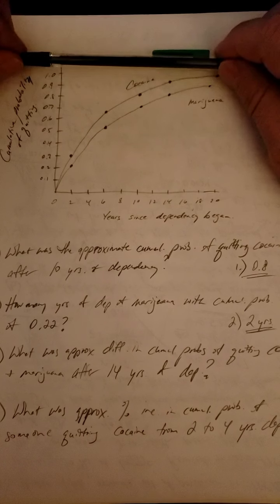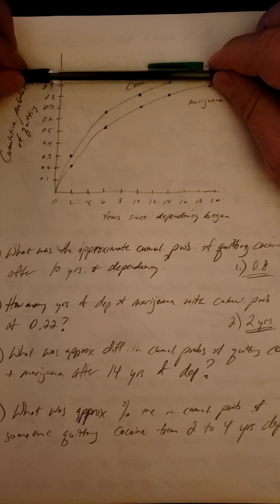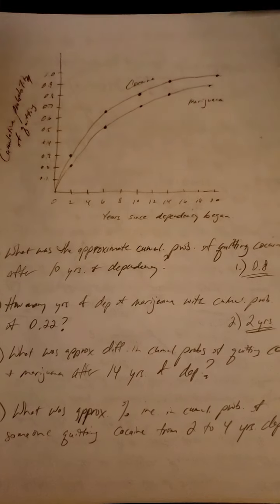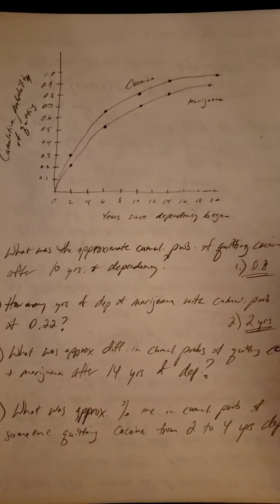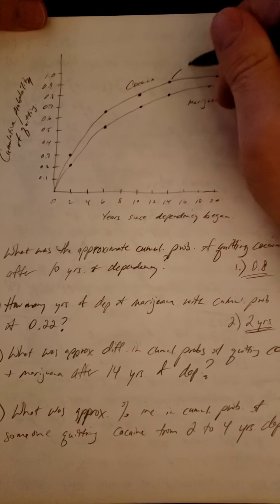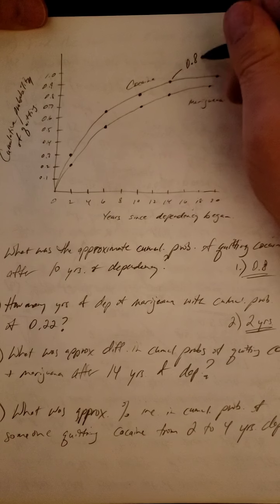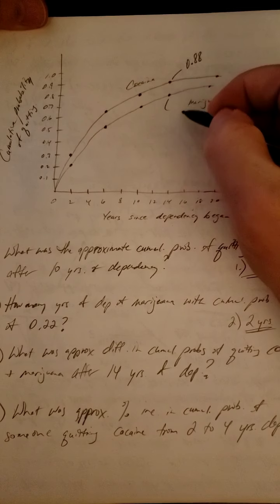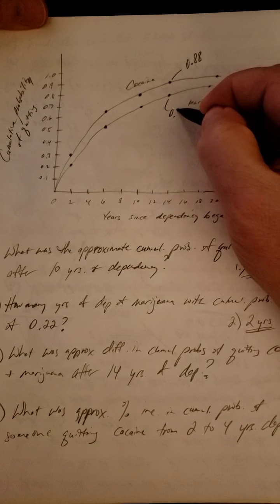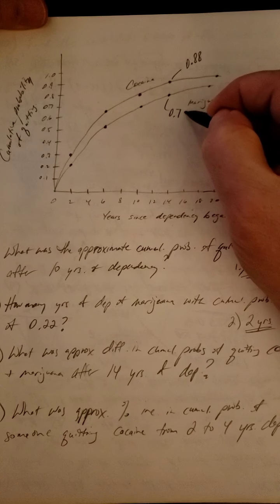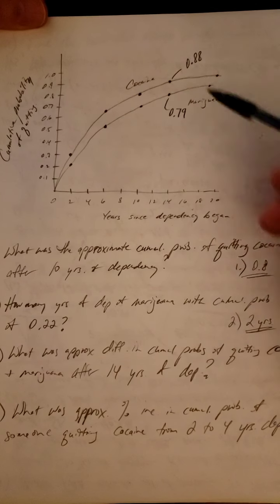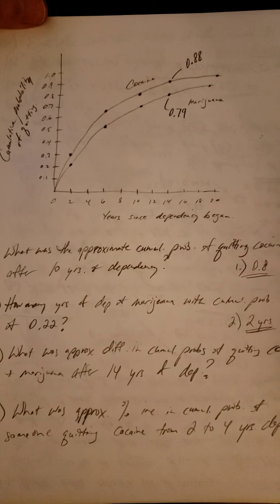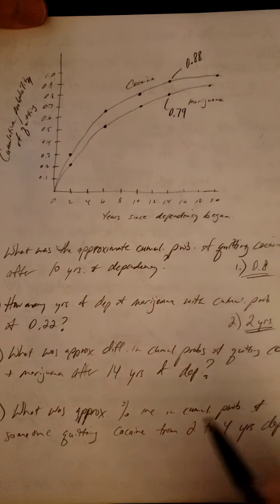It might be a smidgen under. This one again is kind of close to 0.9, but again, if you look at the one that is on the review sheet, I think those are a little bit off. I'm going to say that this one is about 0.88, and this one I'm going to say was about 0.79. It's a little bit underneath. So the biggest thing is you want to approximate those with as much accuracy as you possibly can, but use the scale to really corroborate your answer.